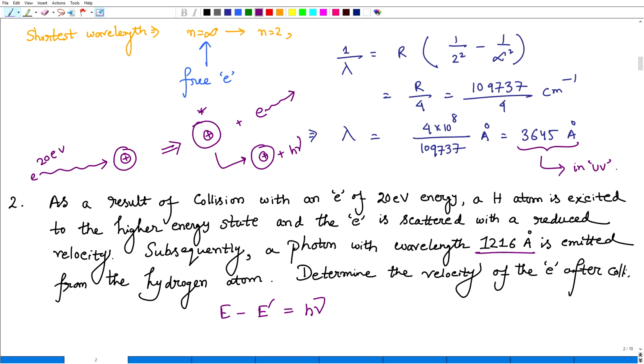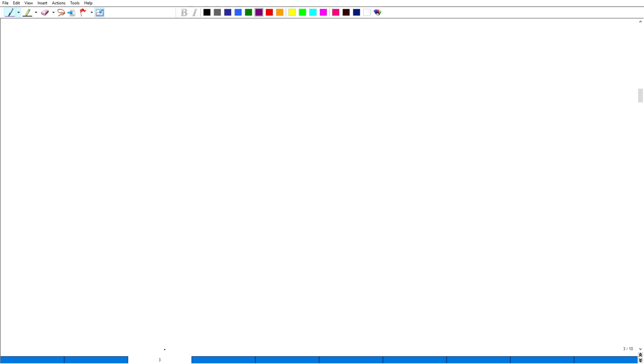reduced velocity. So the reduced energy after collision, E prime, is actually E minus h nu. That means half m v square should be 20 electron volt minus h nu. From here we can calculate. So we now have to calculate this part. So what is the h nu? Here the h nu is